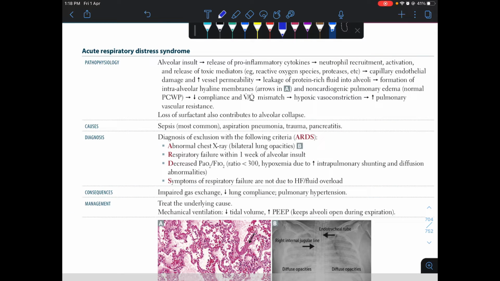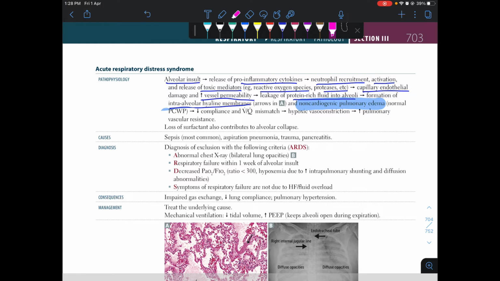As we discussed, there will be alveolar insult that leads to release of pro-inflammatory cytokines, neutrophil recruitment and activation, and release of toxic mediators like ROS and proteases. And capillary endothelial damage leads to increased vascular permeability and protein-rich fluid within the alveoli. This leads to formation of intraalveolar hyaline membrane. Here there will be non-cardiogenic pulmonary edema. In ARDS, we will have the normal PCWP, that is pulmonary capillary wedge pressure, because here pulmonary edema is not due to cardiogenic cause,